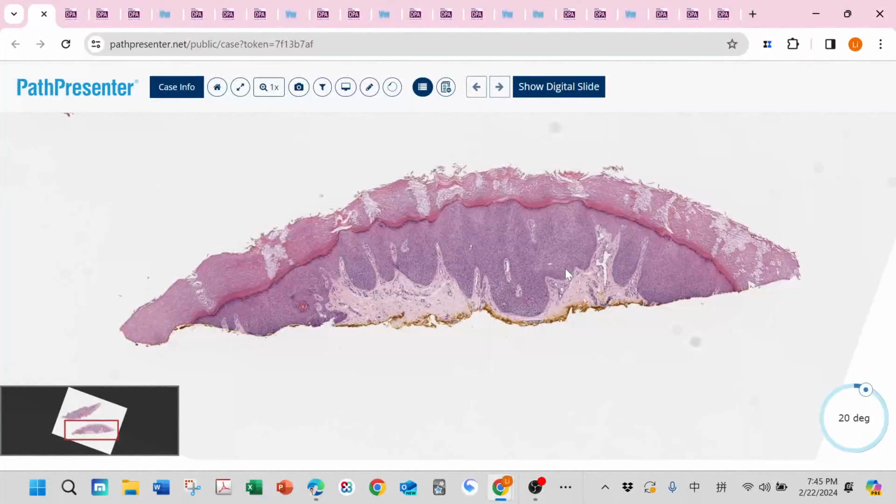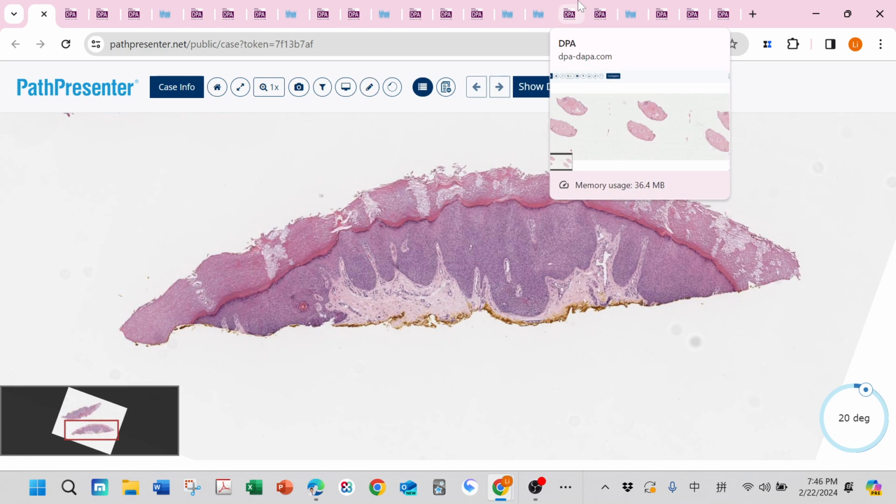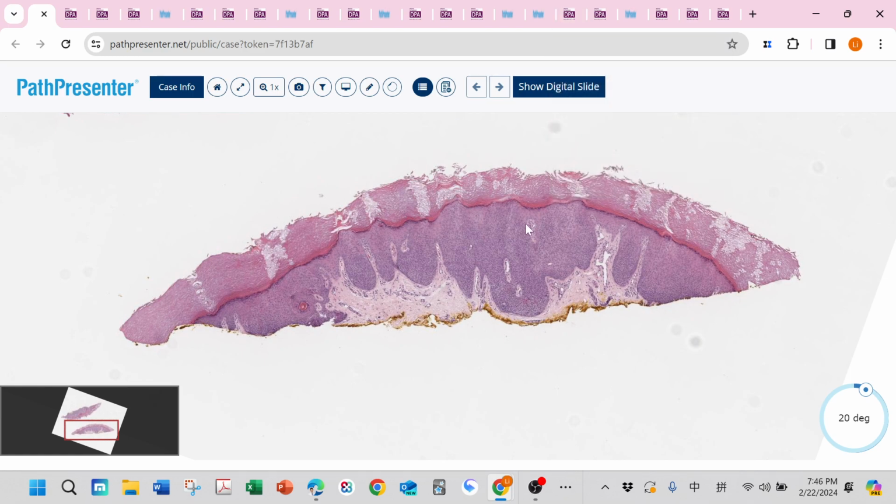Today's topic is about adnexal tumors, including eccrine duct and eccrine gland. So let's see the first case. This is a poroma. In low power, you may think it really looks like seborrheic keratosis because we can